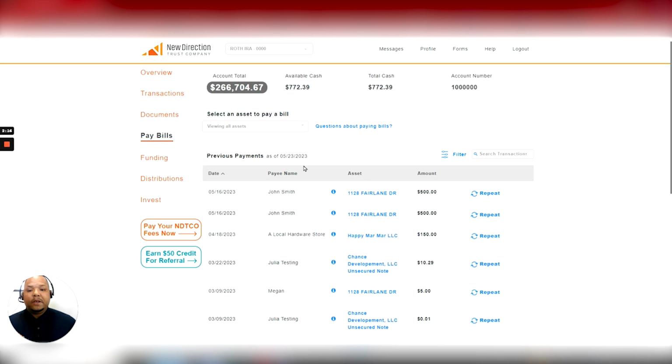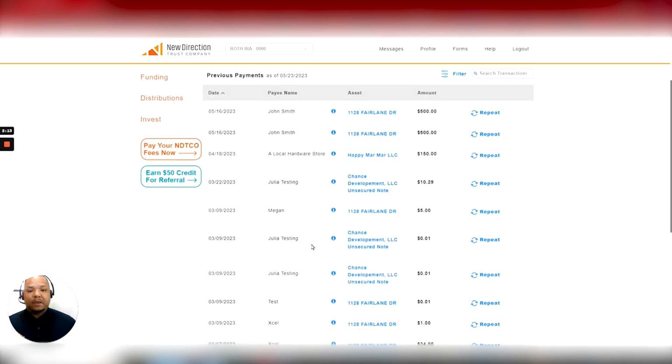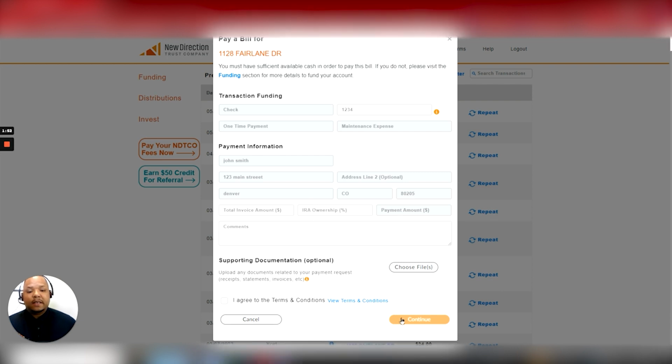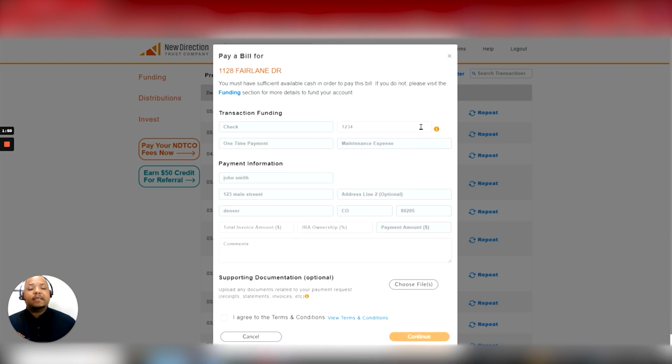By clicking the Pay Bills tab, you will see the payment here below. You will see the payment in progress until the check leaves our office. If you are making a payment to a vendor you've paid in the past, you can select this Repeat option here. All you'll have to change is the invoice number if there is a new one, the new invoice amount, and the IRA ownership you hold. Once you select these details, you can click the Continue box here and you'll be taken to the same confirmation